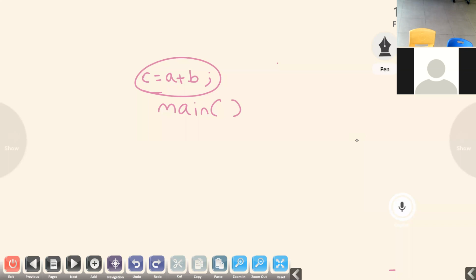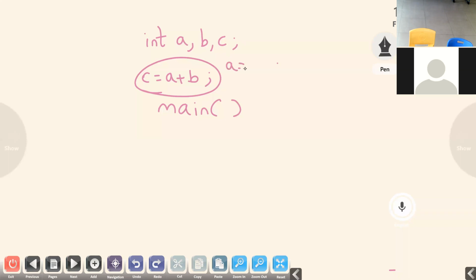Before using this, I have used C, I have used A and B. So what will the computer understand, what it has to do with these three values? That is why we have to declare them first of all. Are they integers or characters? We need to specify that before using them. That is called declaration. Then what about the values of them? We can also give values.